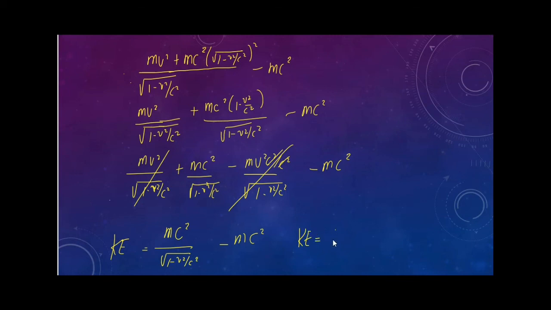Okay, so that's a long derivation for kinetic energy. We have mv squared over square root of 1 minus v squared over c squared plus, we can distribute, mc squared over square root of 1 minus v squared over c squared, minus